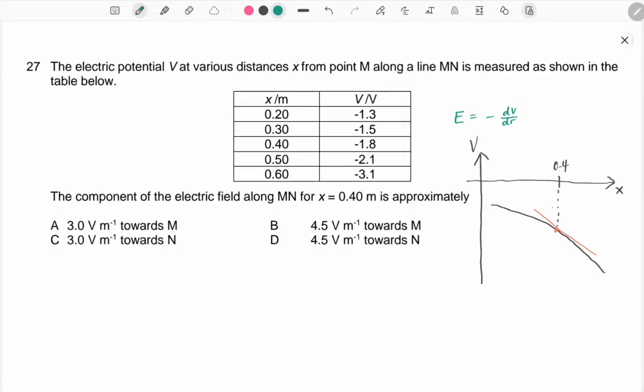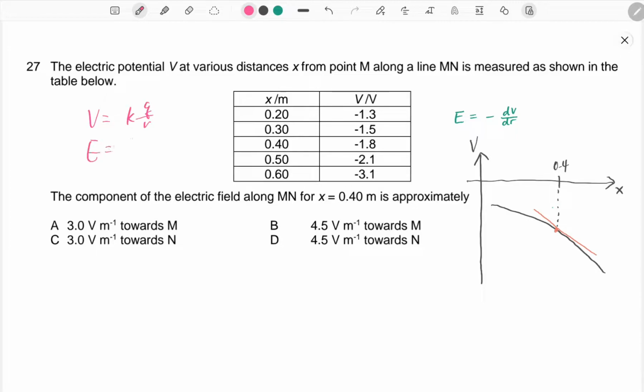In this question, we are given values of potential at various points along a line MN. So how do we find the electric field at x equals 0.4 meter? Some people may tend to use this formula, so they see that V is equal to KQ over R